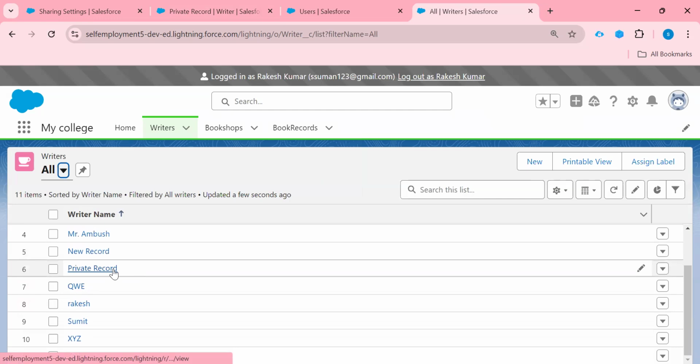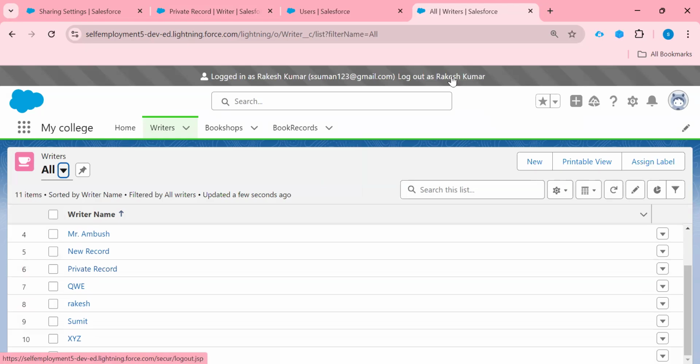It is private, but still this person will be able to see this record. Why? Just because of the role hierarchy, because this user, Rakesh, is above in the role hierarchy. That's why he will be able to see the private record of another user who is below in the role hierarchy. So in this way role hierarchy works.